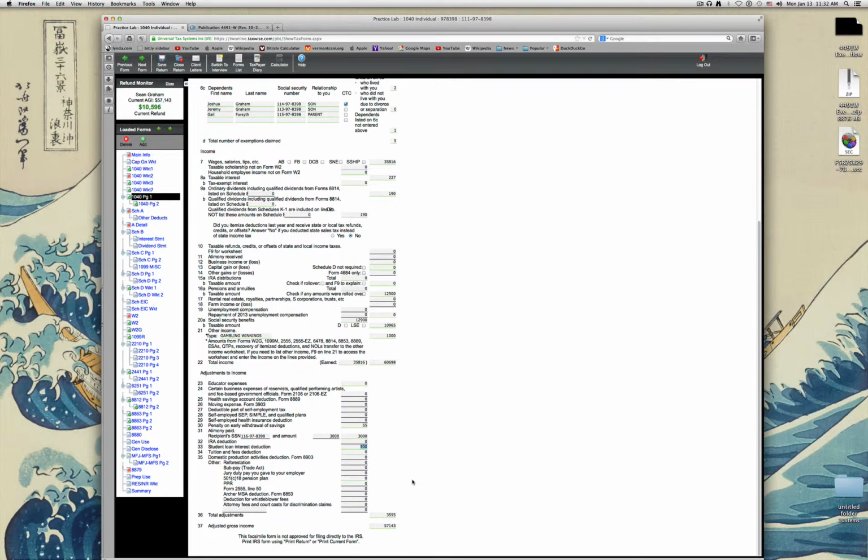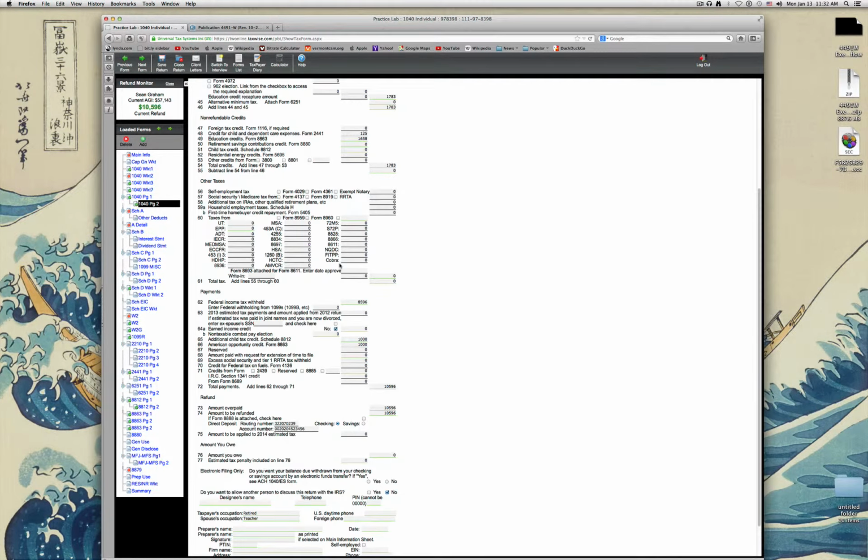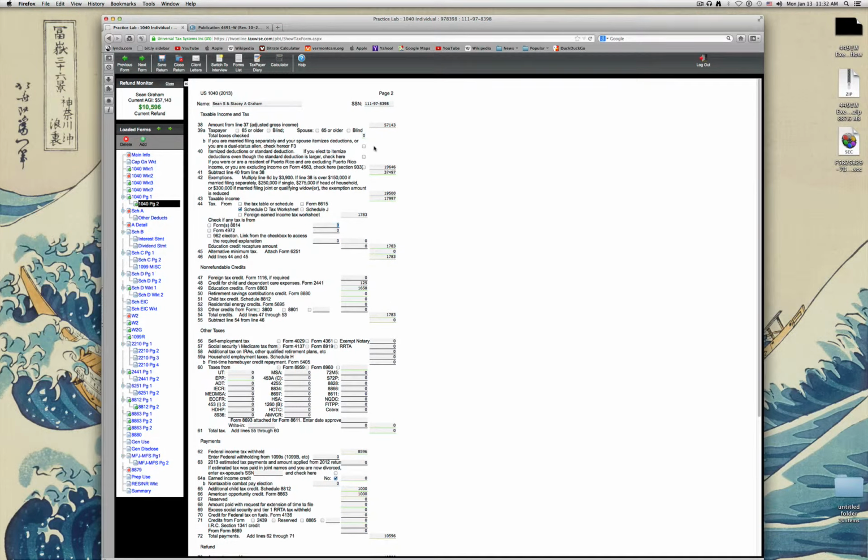Penalty on early withdrawal of savings, $55. Alimony paid, $3,000. Student loan interest, $500. Creating an AGI of 57,143. Okay, itemized deductions equals 19,646. And so we have all of their exemptions there. Taxable income, tax liability,